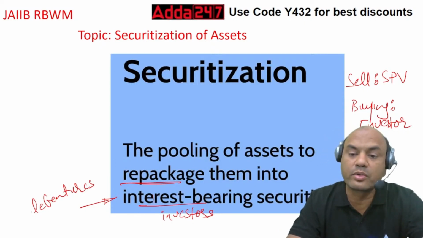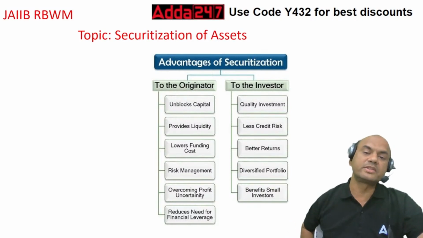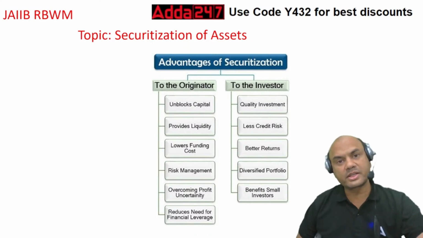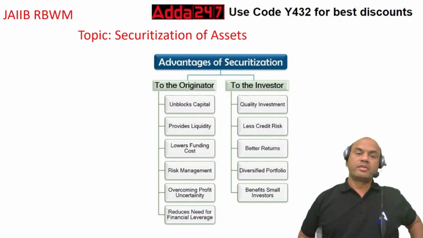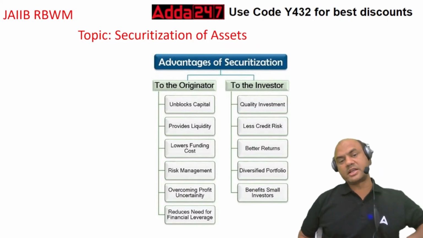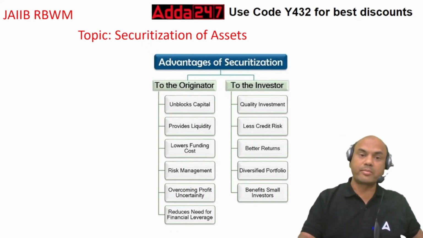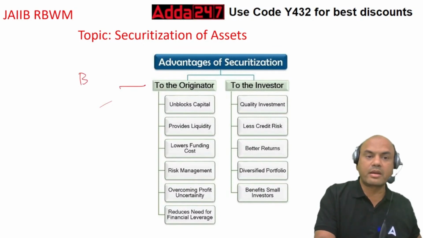Bank is called as originator. What are the advantages of securitization? Now there are two advantages. One is to the originator, second is to the investor. So what are the advantages? See this, the advantages to the originator are, originator means what? Bank. See this, the advantages to the bank are,